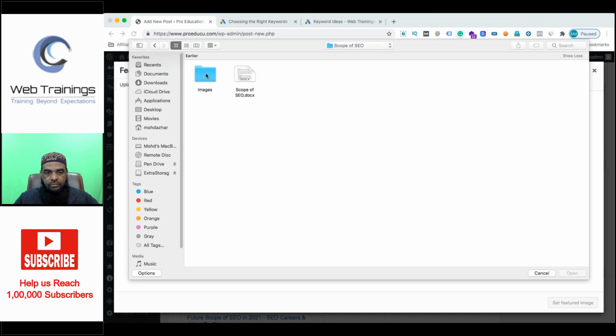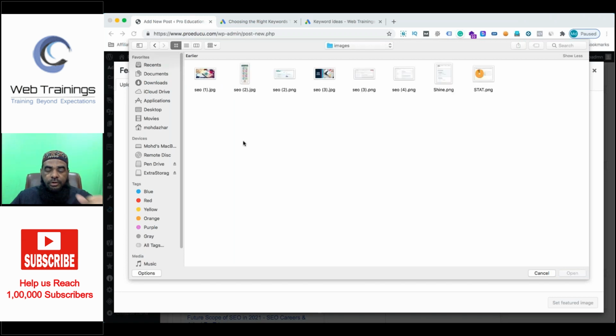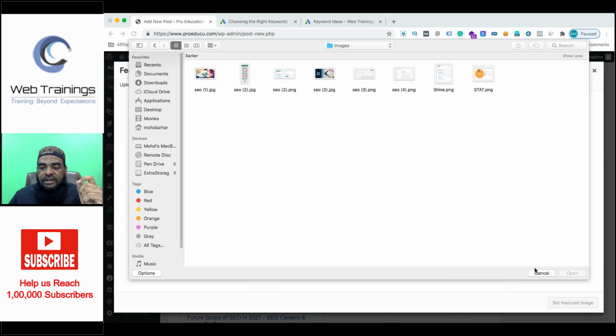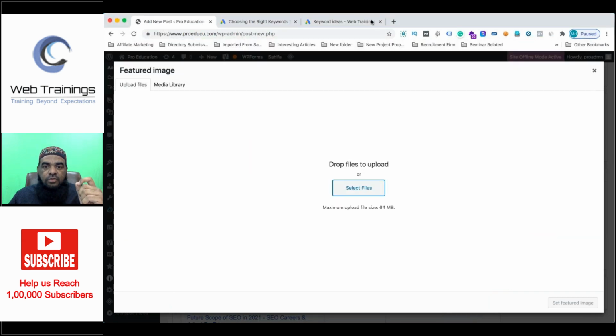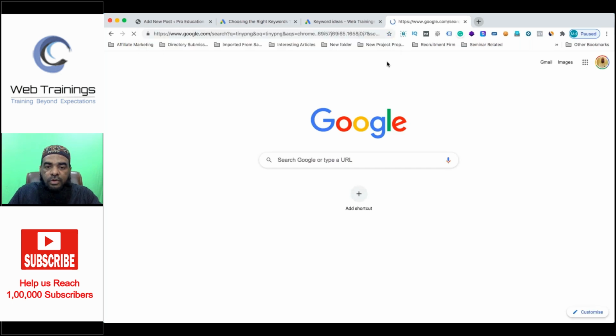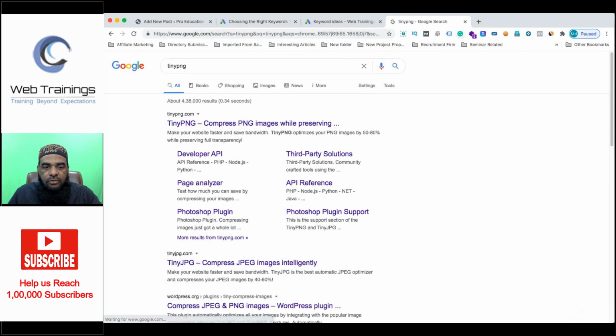One more important thing to always remember: whenever we are optimizing images, it is essential to decrease their size using TinyPNG or any other software. This will be helpful for the loading speed of the website.